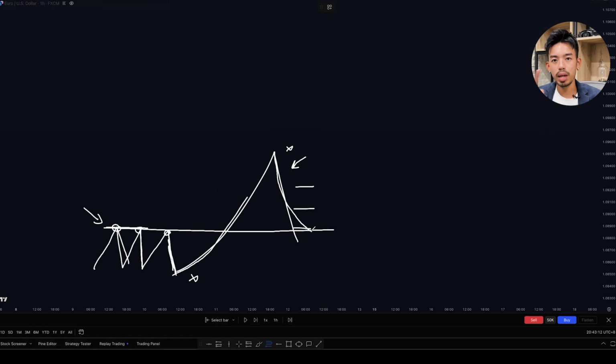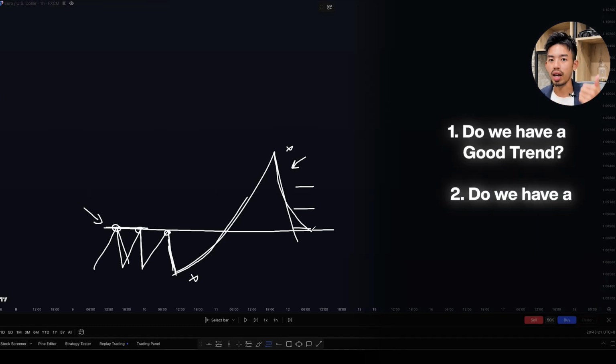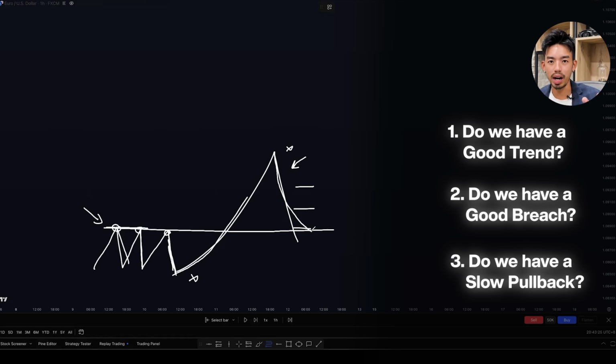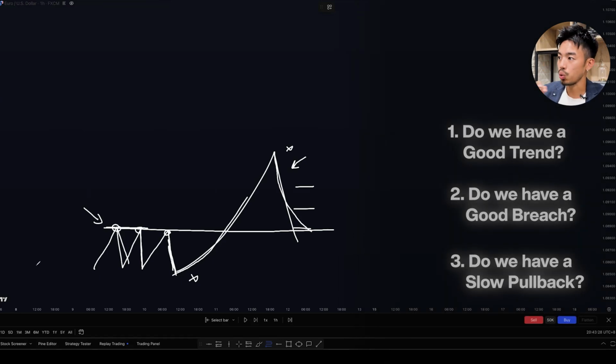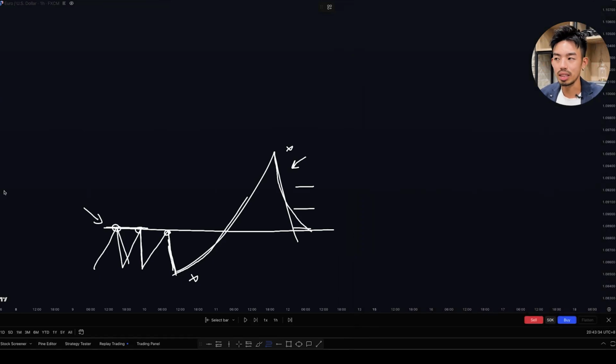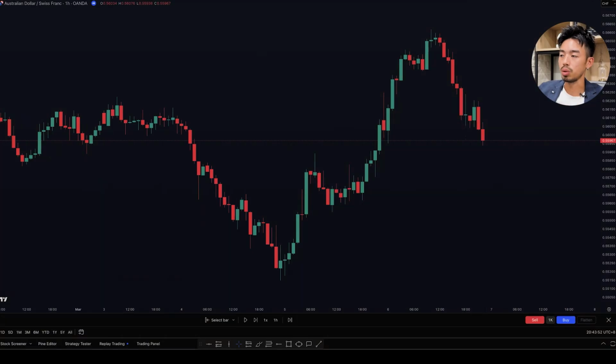Okay, so the three main things that we need here before even looking at Fibonacci is understanding, do we have the right price action? Do we have a good trend? Do we have a good breach? And do we have a slow pullback? Okay, so I want to show you a few examples where there isn't the three things we mentioned and how it would fail. Okay, so what we have here is the Aussie Swiss,